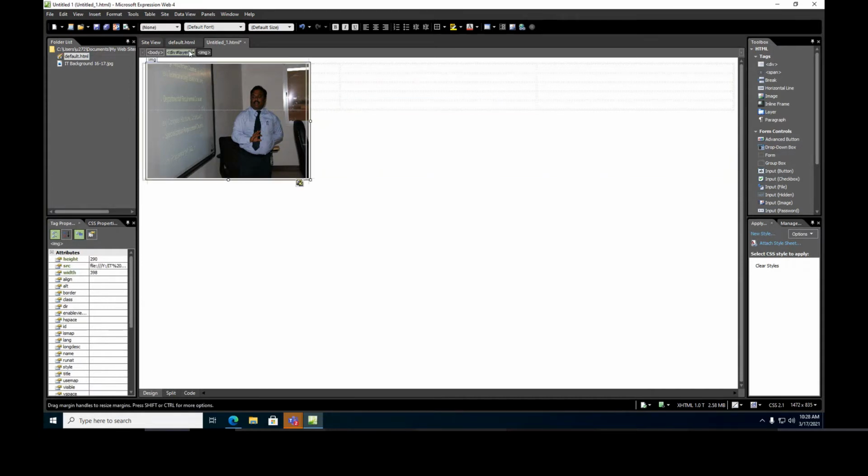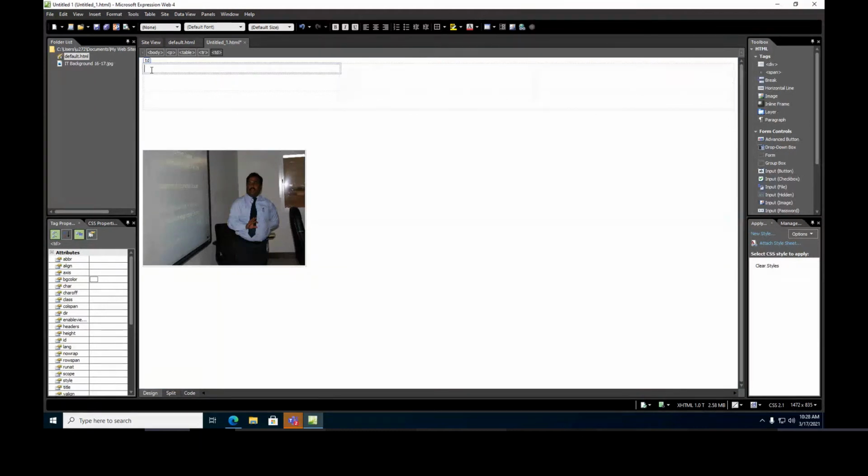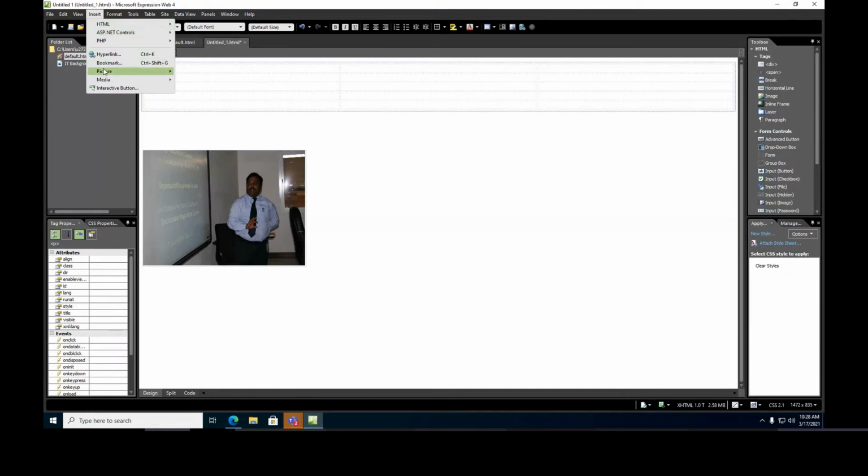I can move this one away from the table just for now. I can move it down here. Okay, you can see that I can move it anywhere in the page. It's just like one part. If it's an image, I cannot do that. If I insert an image separately without the layer, if I say insert image, picture without layer,